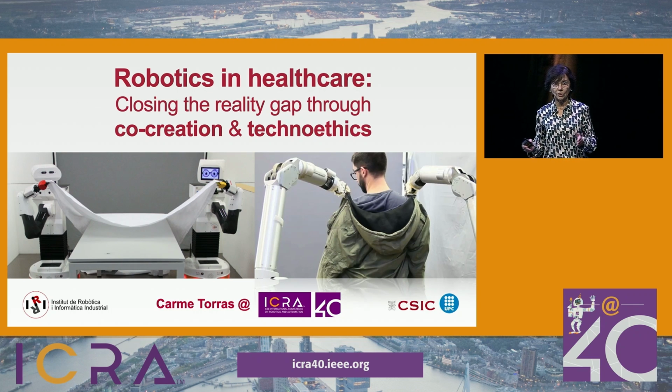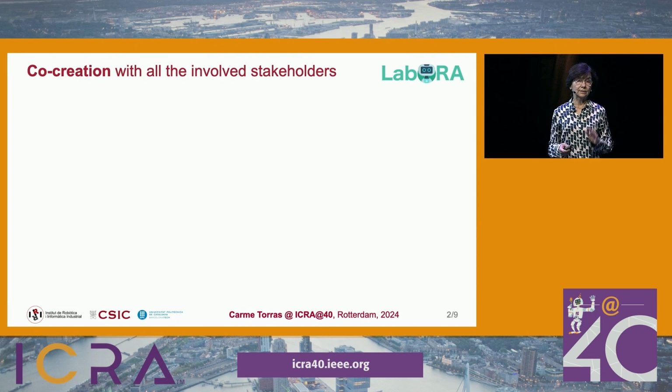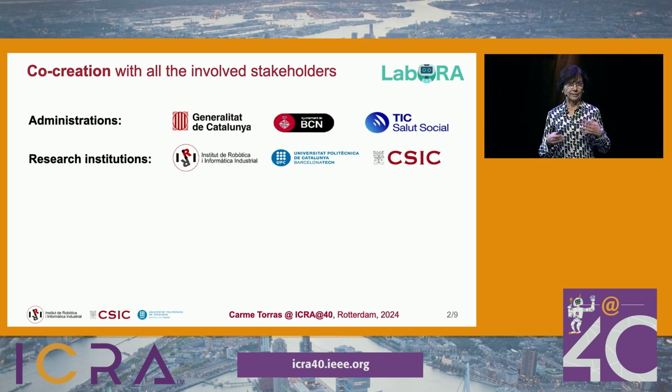For instance, this could work for sim to real, closing the reality gap in sim to real, but not in this type of environment. So we developed two strategies, which are the two lessons I'd like to show. One is co-creation with all the parties involved in an application, and the other is sharing the same ethical stance among all these parties. The thing we did two years ago was to involve the administration and several research